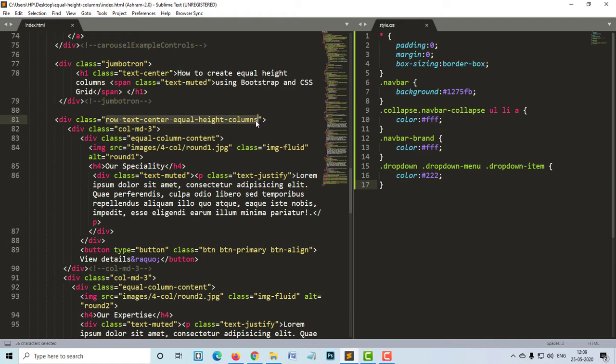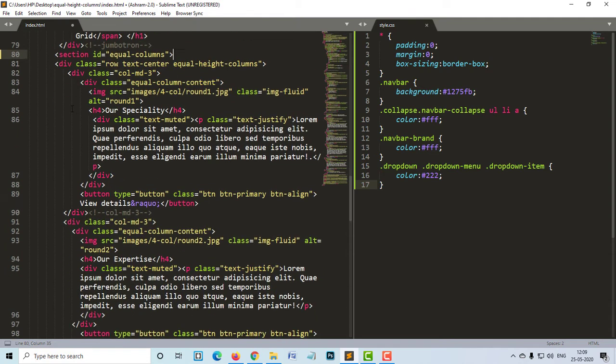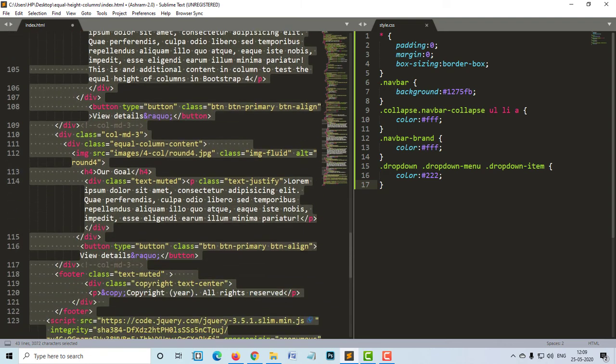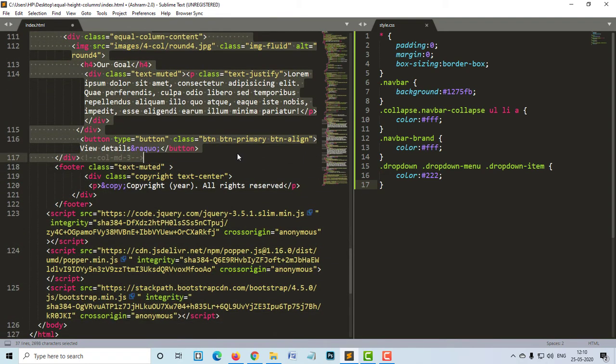Instead of row and equal height columns, which I had used earlier, now I will open a section for this. Say section, ID will be equal-columns. Now this section I close after the 4 columns are completed.